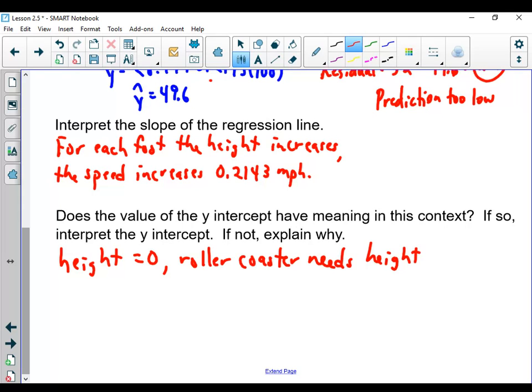So what we'll work on next week is being able to make predictions, be able to find the residual, be able to interpret our slope and our y-intercept. All right. For your quiz,